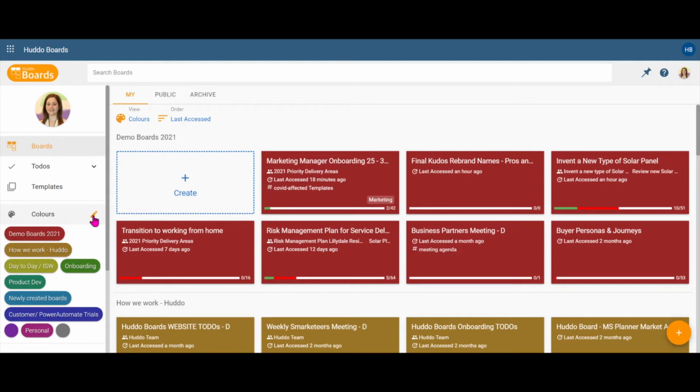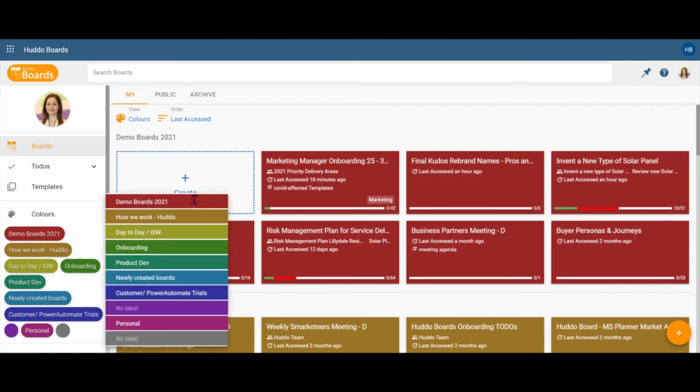That could be a nice way to organize, or by different projects, the boards that are associated with those projects. It might be based on quarter, first quarter, second quarter, when the board is being worked on or when the delivery is expected. There is no right or wrong way to use the color labels, but it's a great start to come to the view, select colors, and then start dragging and dropping the colors and, of course, adding a